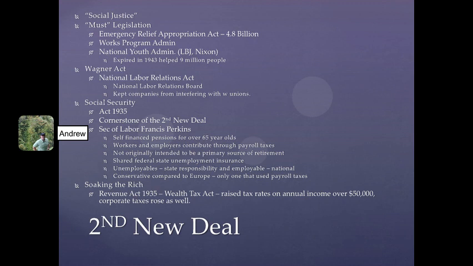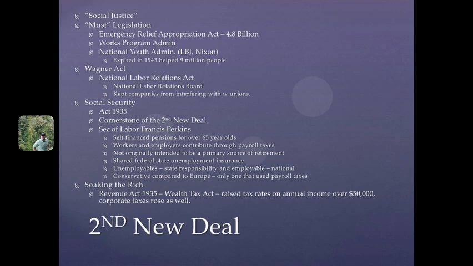So the Second New Deal, right? This is going to be the quote unquote must-pass legislation that Roosevelt still has to get through Congress and so forth. The quick version: the two major things. The Wagner Act, which is going to help with labor unions. It's going to set up the National Labor Board and basically keep companies from being able to affect or marginalize unions in their business.